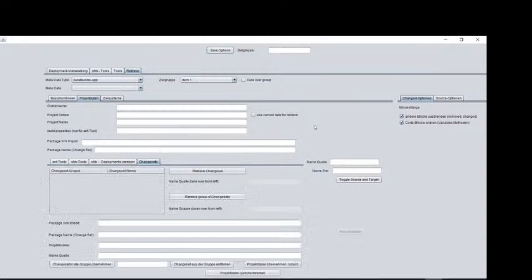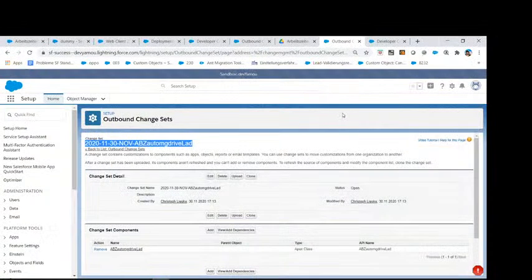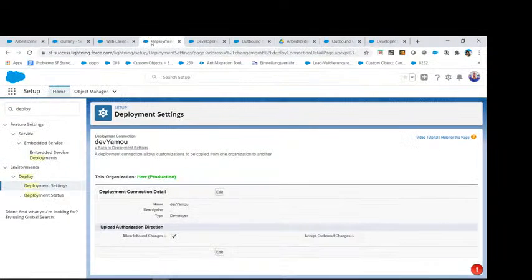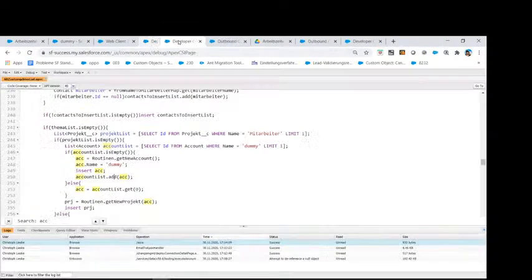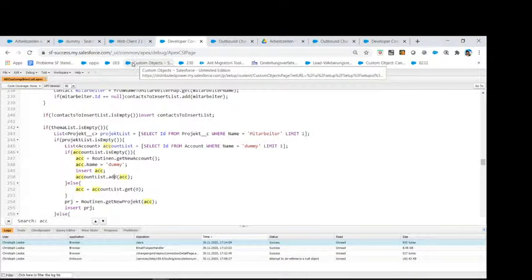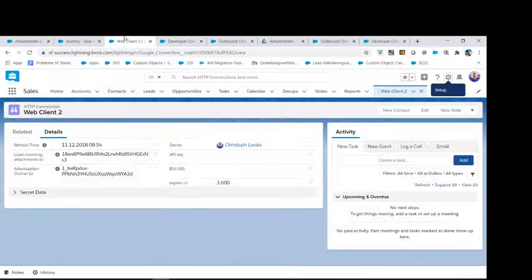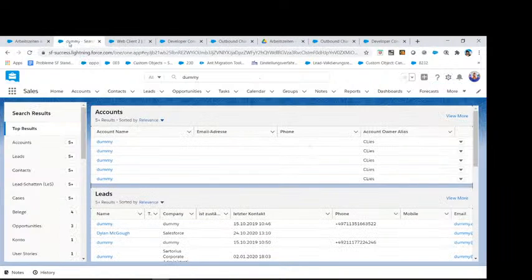Okay, we are going into the change set already, but we don't load it yet. And what you can see here, developer something. Okay, we just will change this one in the production environment, and then we're gonna go and test it again, right? So that is what we need to do after a deployment. We need to test it if it's working. If not, we are going on and make it work